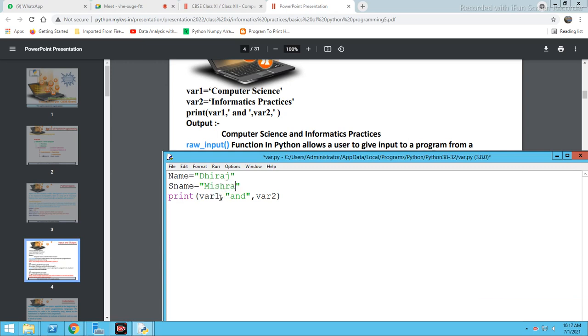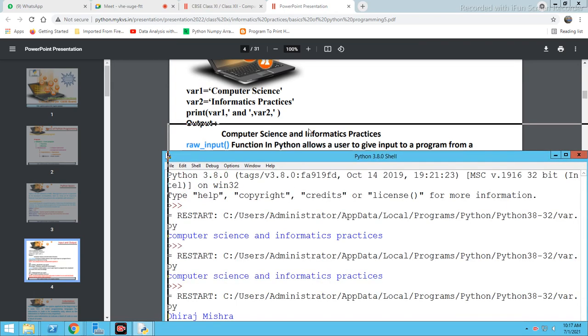Now in place of var1 I have taken name, so I will write name, and in place of var2 I have written sname. Same, right? And the extra comma is not required over here, so we will take only one comma. Understand? And now we will run it. Let's see what is coming.